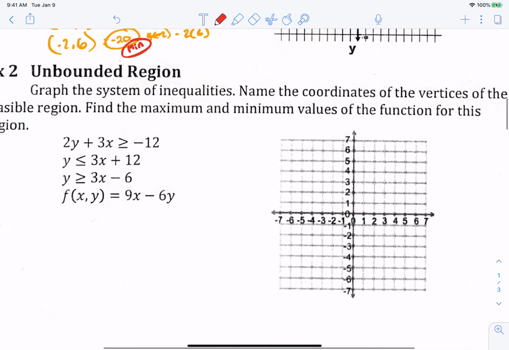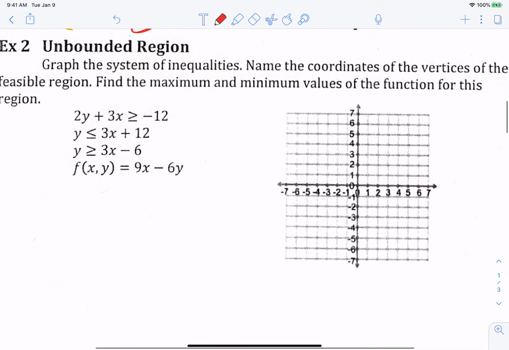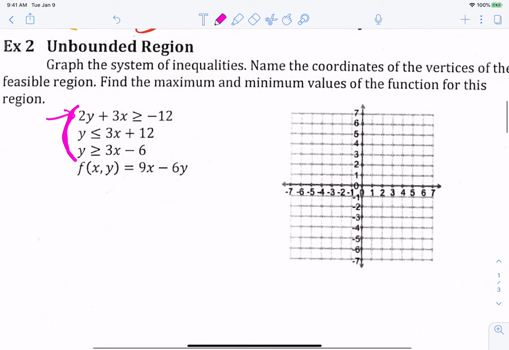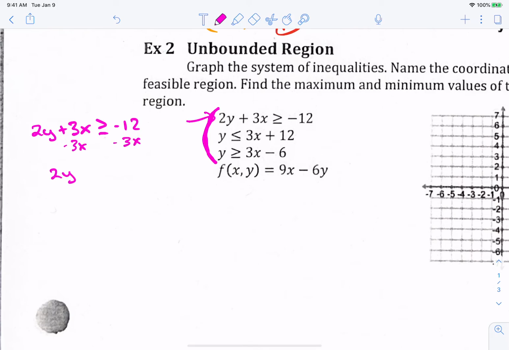Okay. This one is an unbounded region, but the procedure is about the same. We have these 3 constraints right here, and we're going to graph them. But the problem is one of them's not ready to graph. Number 1, we got to take that top one and fiddle with it. So let's do that over here. 2y plus 3x is greater than or equal to negative 12. Let's subtract the 3x first. So 2y is greater than or equal to